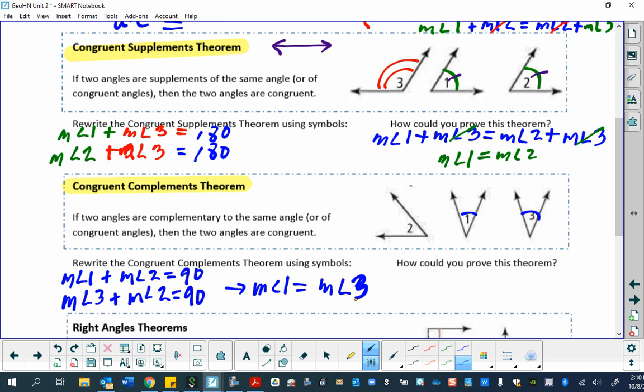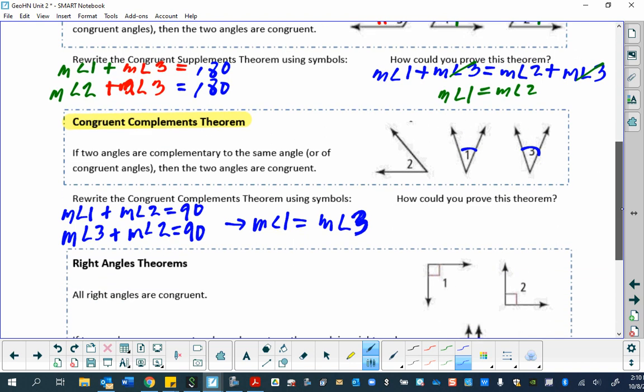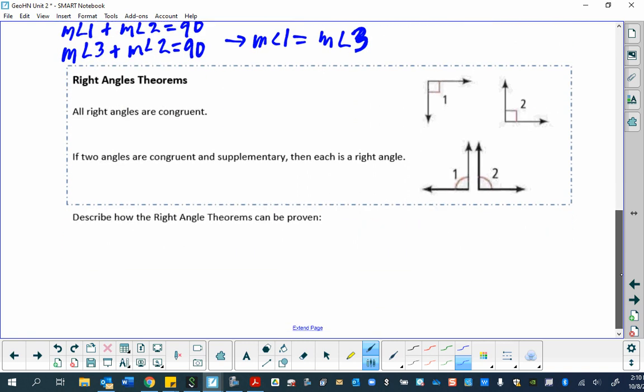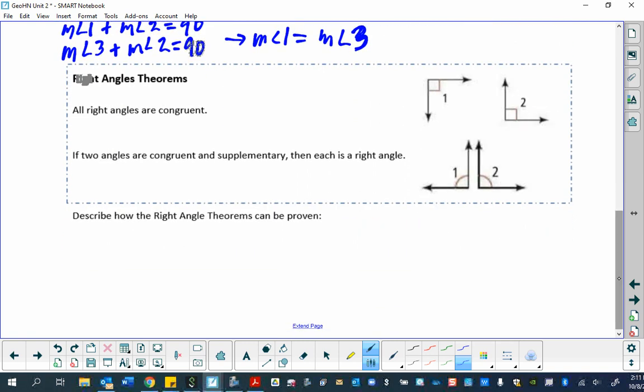Okay. I love these right angle theorems, and they are ones that are easy to prove. Number 1, all right angles are congruent. Let's talk about this. The definition of right angles says